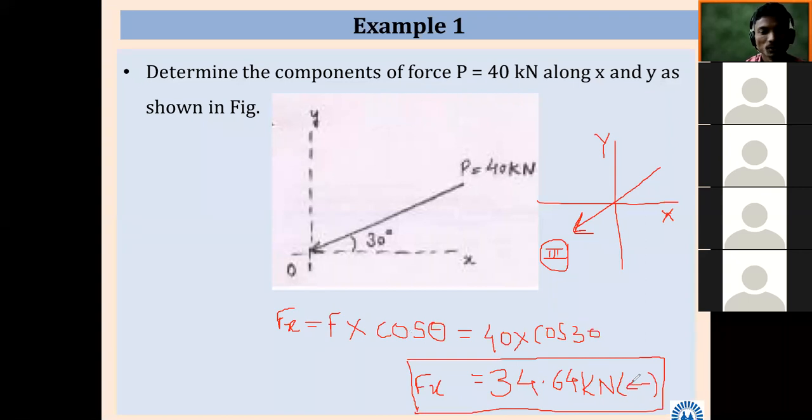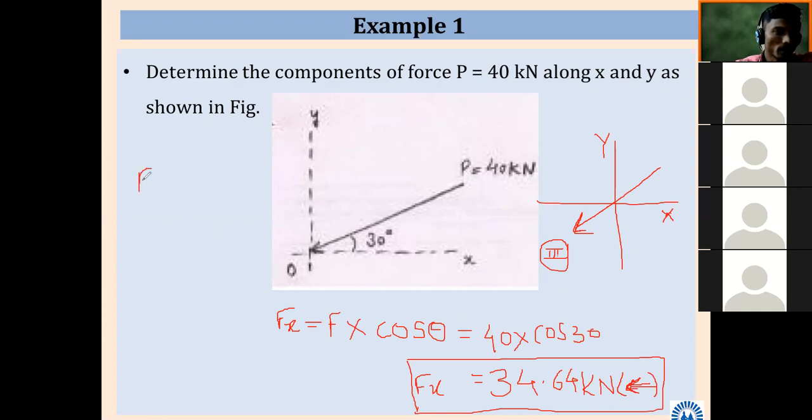As this force is going towards negative x-axis, just see, I have drawn one arrow which is going towards negative x-axis. Likewise, we have to show an arrow to know the direction of this force. On the other hand, it is very simple to find Fy. Regarding this, the x component is over.